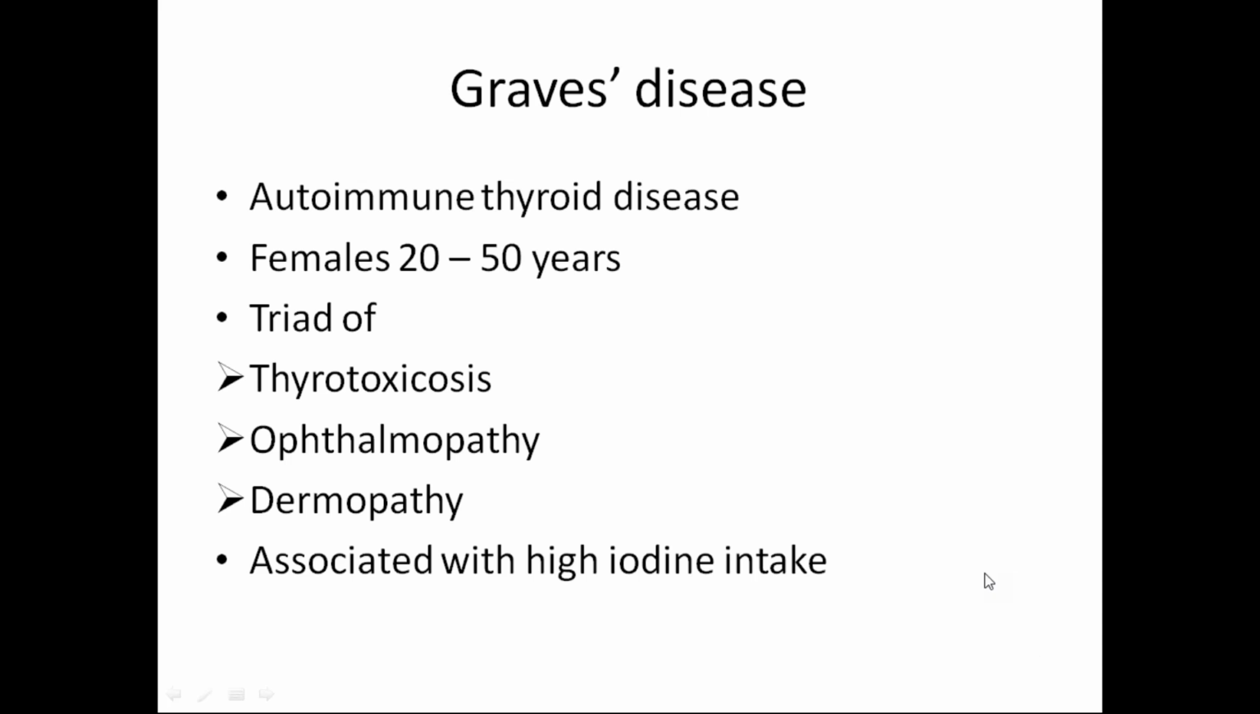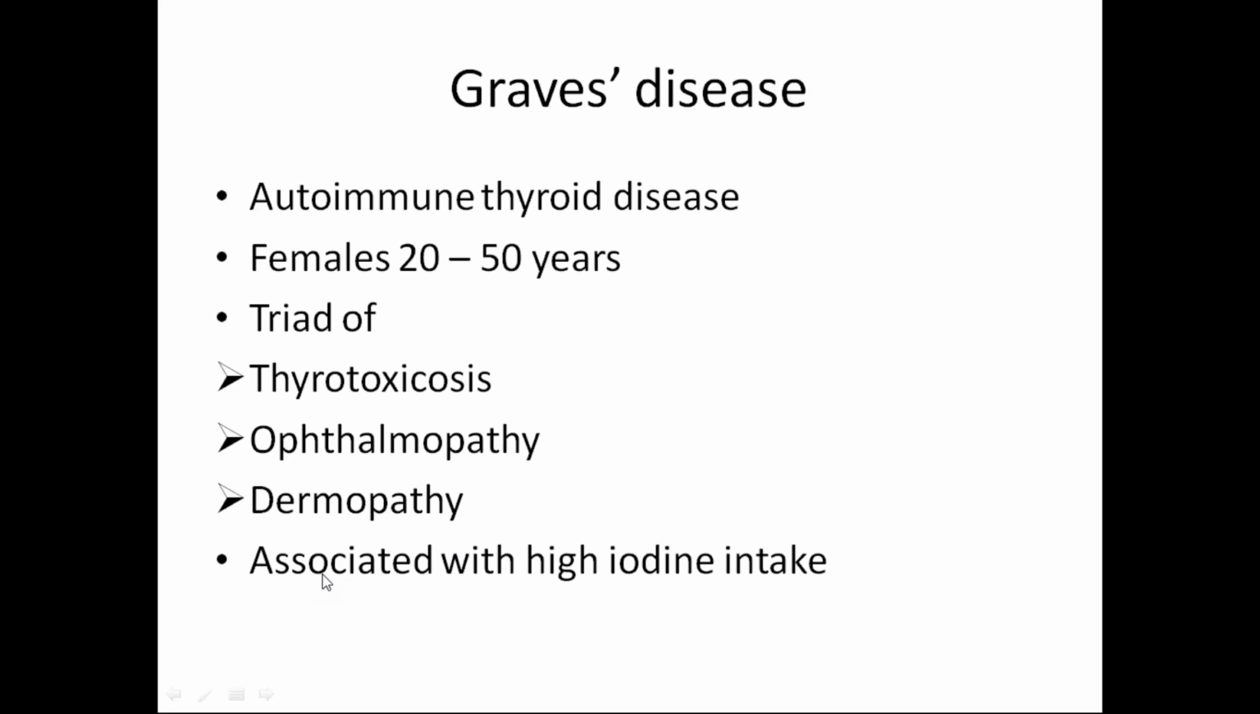So coming to Graves, it is an autoimmune thyroid disease, and it is mainly seen in females in the age group of 20 to 50 years, and this is the common age group for every autoimmune disorder. Graves' disease is clinically diagnosed and biochemically diagnosed, and we confirm it by the radionuclide scan. So the clinical diagnosis of Graves' disease is thyrotoxicosis, ophthalmopathy, dermopathy. Thyrotoxicosis is the main feature. Ophthalmopathy is the second main, and dermopathy we see very rarely, but it is always associated with ophthalmopathy and